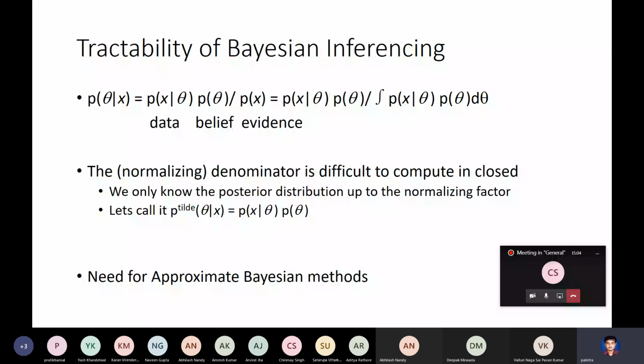As it turns out, often if we express p(theta given x) in terms of the Bayes theorem, we know the numerator, but we don't know the denominator, which is a constant, the normalizing constant. So we know the distribution only up to the normalizing constant. And using only this much information, we see that we can often draw samples from the posterior distribution. And these samples would help us in a method of